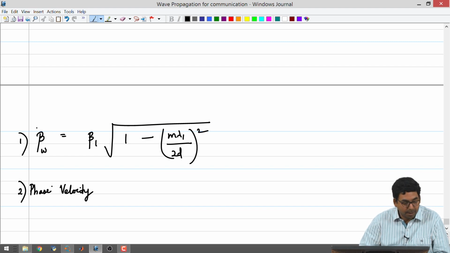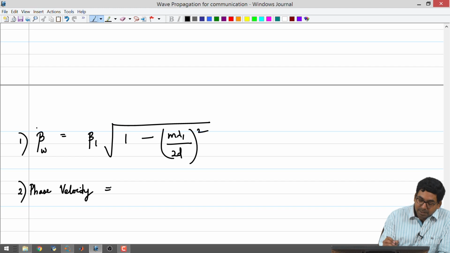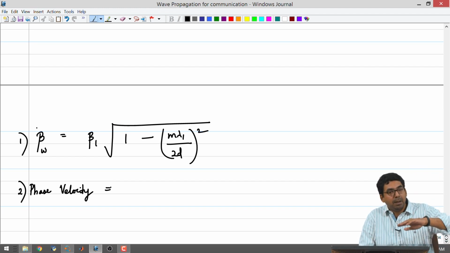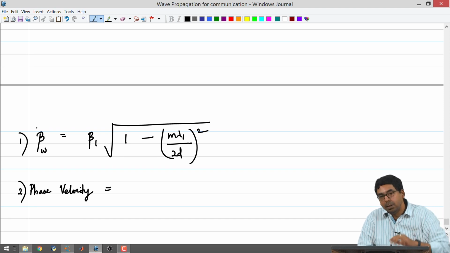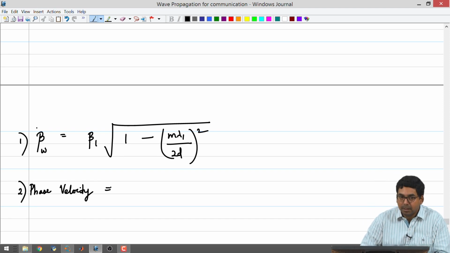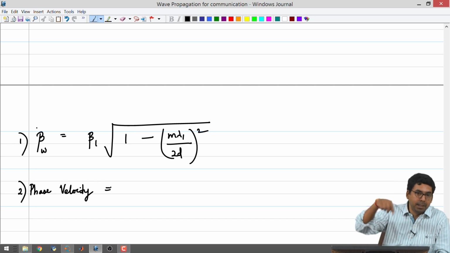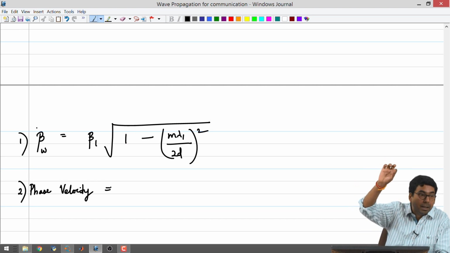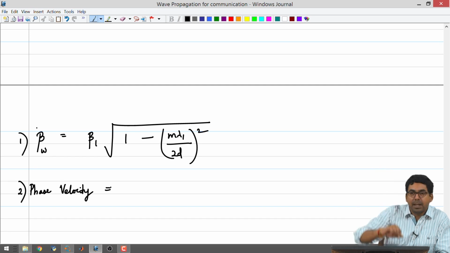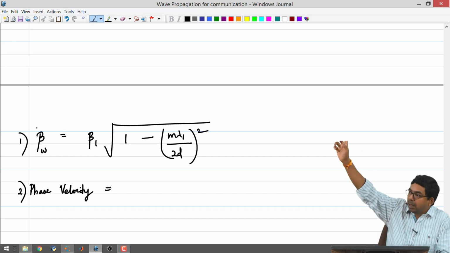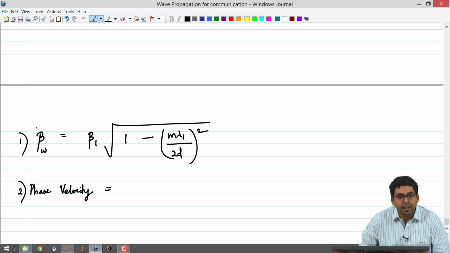The term that we have been seeing as velocity in the case of transmission lines was omega by beta, and then we went to plane waves, which was again omega by beta, and now we are also dealing with omega by beta. This omega by beta is known as phase velocity. It tells you how fast the phase travels. It means that you pick a point in your sinusoid corresponding to a particular angle. Say you pick a peak, if your wave is a cosine, that angle could correspond to 0 degrees, and you track how fast that particular peak is traveling. That would be your phase velocity.